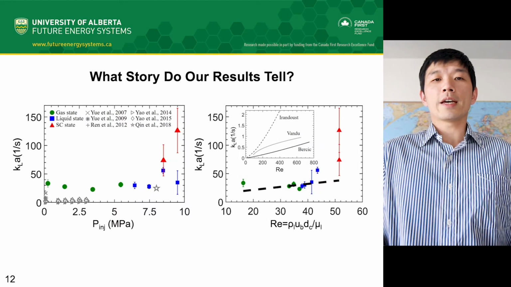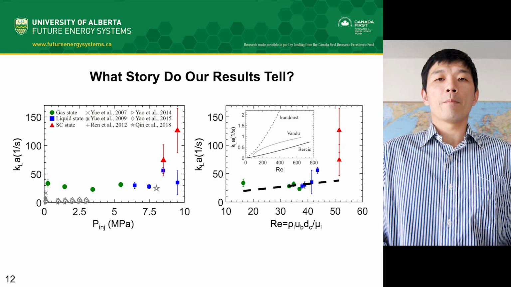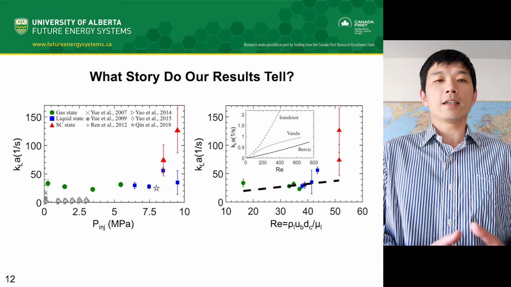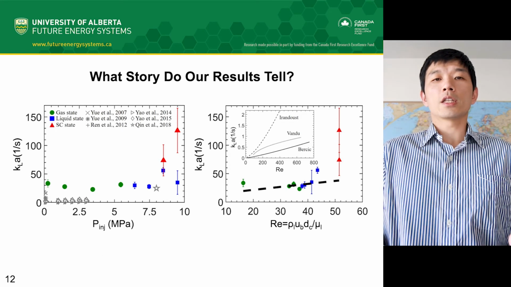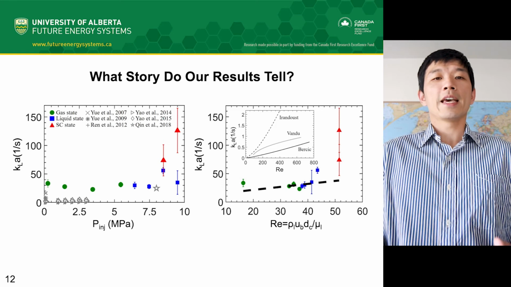Our data show that supercritical CO2 has a more intensive mass transfer than the gas and liquid states. The linear correlation of KLA and Reynolds number, Re, implies that the increase in a bubble's moving speed enhances its